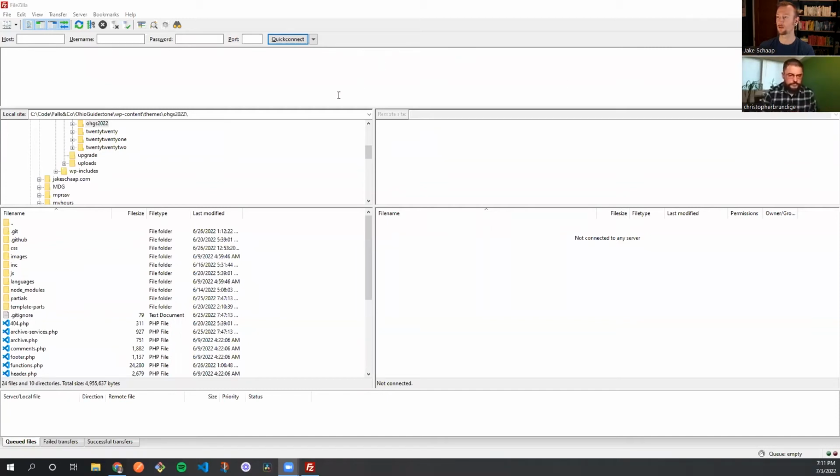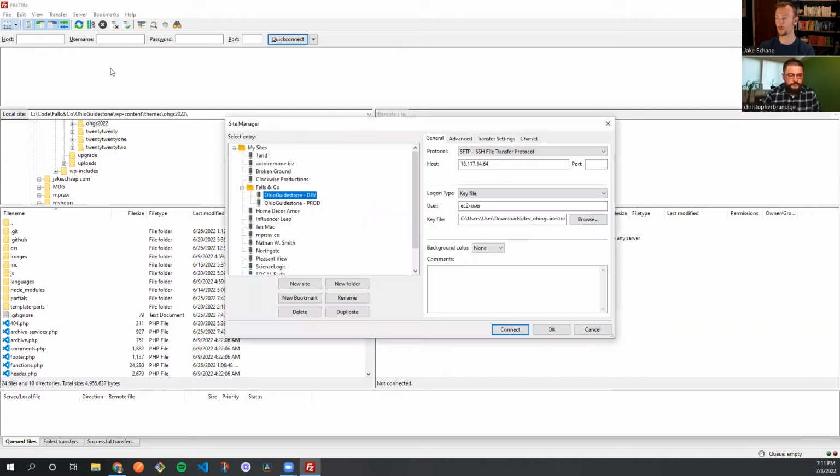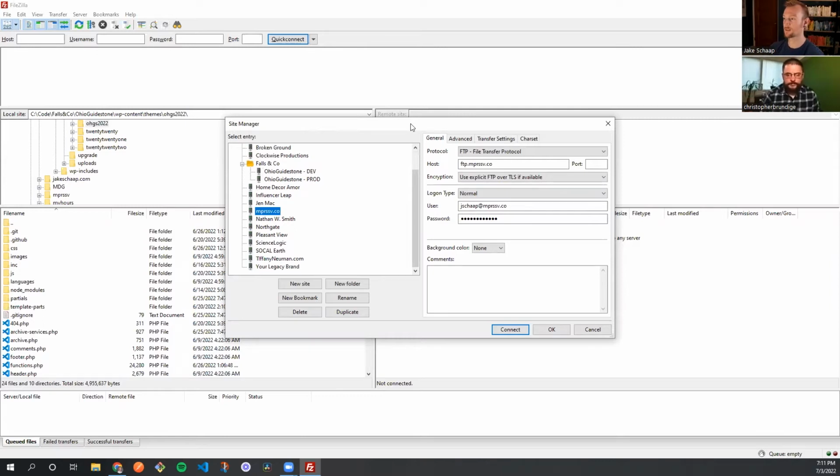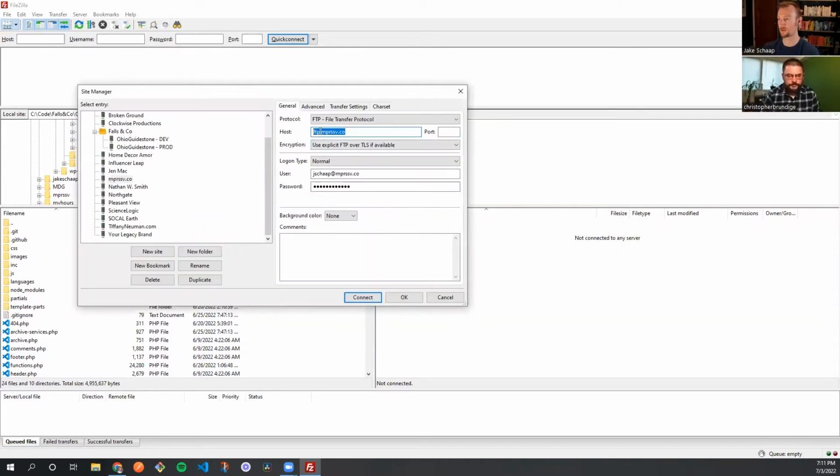So on my screen, you'll have the client FileZilla. And this is what I was saying, like 9.5 times out of 10 people will use this. Here's just one of the many logins that I have saved on my client. I'll click on one. This is what I was talking about when I say you'll need a host. This is something that the hosting provider will offer you. So it's either going to be ftp dot whatever your domain is, or it could also be an IP address, one dot, and I got a comma in there,